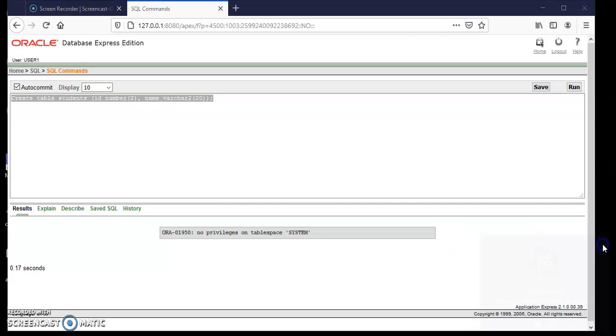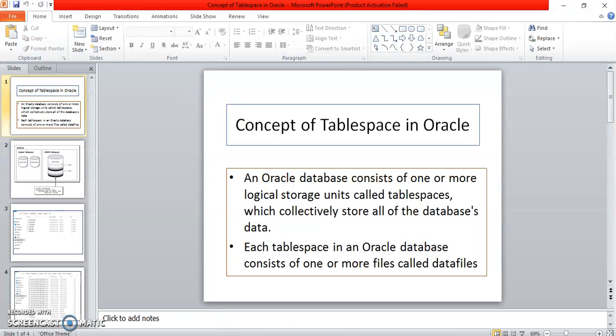So let's discuss the concept of a tablespace used in Oracle. Basically, a tablespace is nothing but one or more logical storage units which collectively store all of the database data.